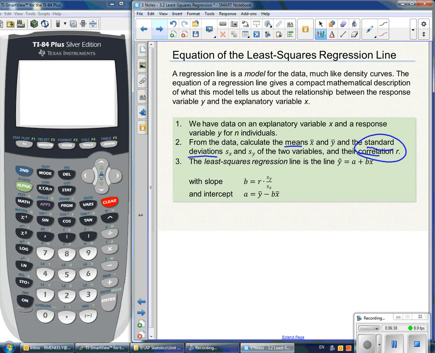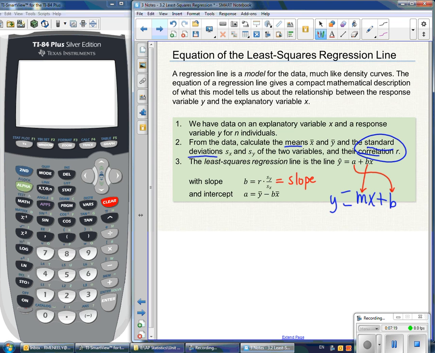And notice the form of the equation that our textbook uses, and this is actually the same form that the AP course uses. You're used to y equals mx plus b. Okay, so notice that the order of the variables is a little bit different in this course. Please don't get tangled up in the actual letter. So notice that in our course, we're allowing b to be our slope, and you're used to calling it m. And the y-intercept in the equation corresponds to what you typically have always referred to as b. Again, please don't get tangled up in the a and the b. Remember that the slope